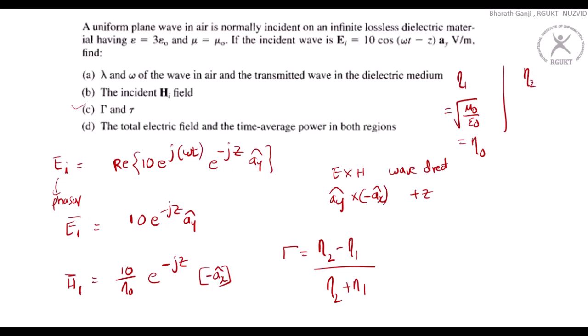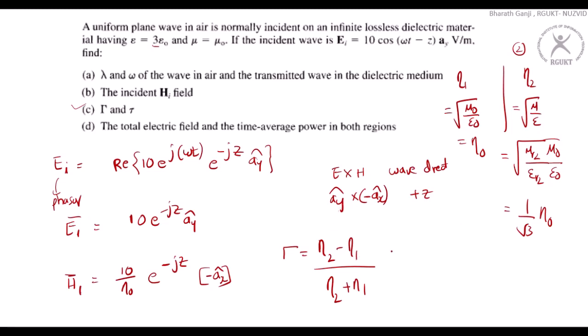But in the second medium, it is the square root of mu divided by epsilon, that is square root of mu r2 divided by epsilon r2 into mu naught divided by epsilon naught. So that is 1 by root 3 times eta naught,